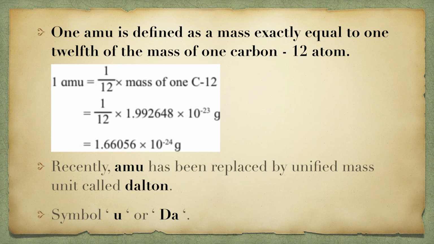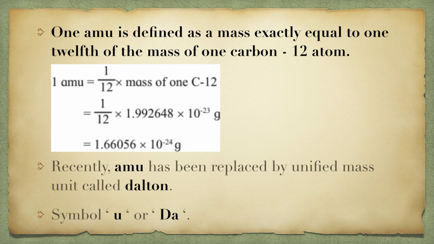Now one more thing I want to tell you is that the scientists have taken the carbon 12 atom as the reference by seeing many criteria, such as the abundance and the reactivity. All these are taken into consideration to select carbon 12 as the standard. Once the standard is set, they can easily find out the mass of other atoms by taking carbon 12 as the standard.